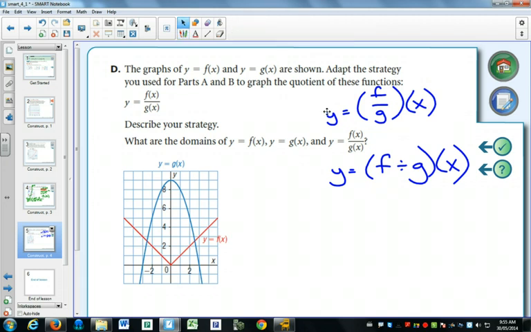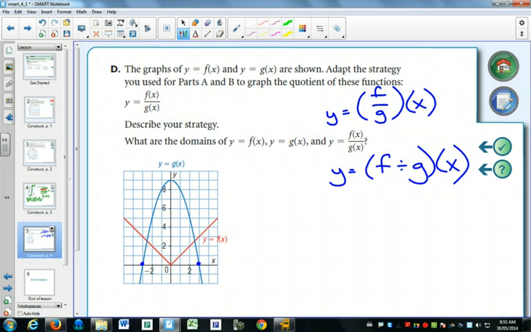So we're dividing y values. With dividing, there's one additional thing we have to consider: you're not allowed to divide by 0. So you have to find out which of your 2 graphs is the one on the bottom of the fraction. And we see g of x is on the bottom of the fraction. So wherever g of x is 0, here and here,